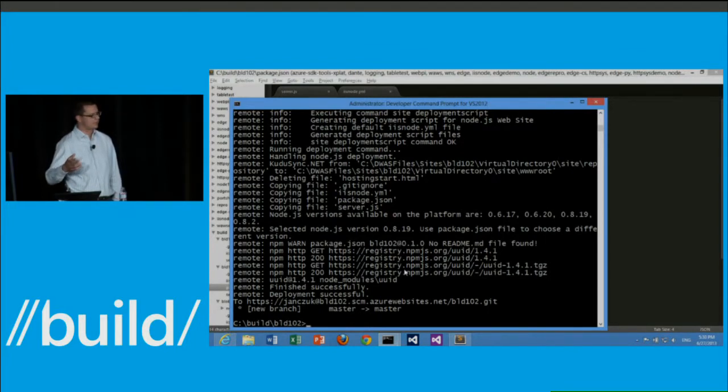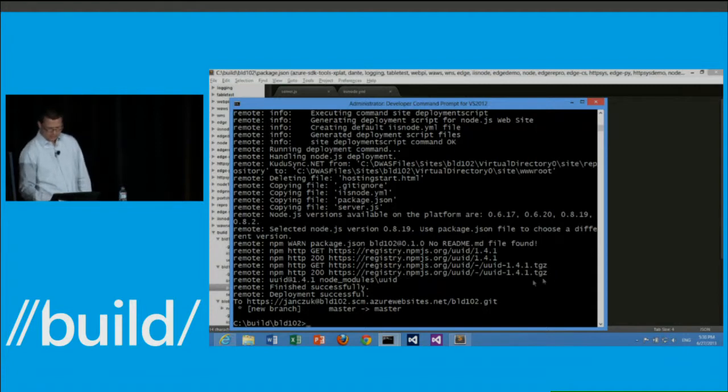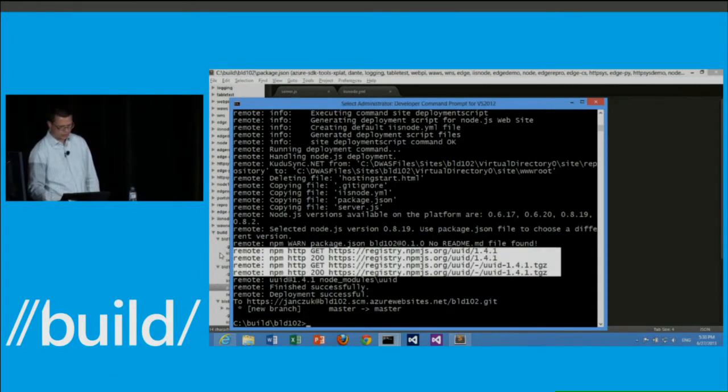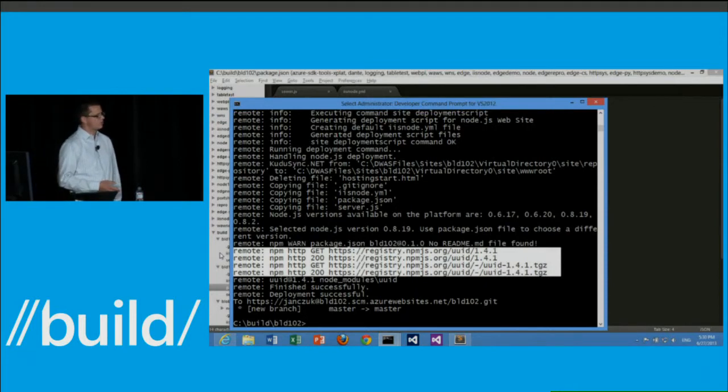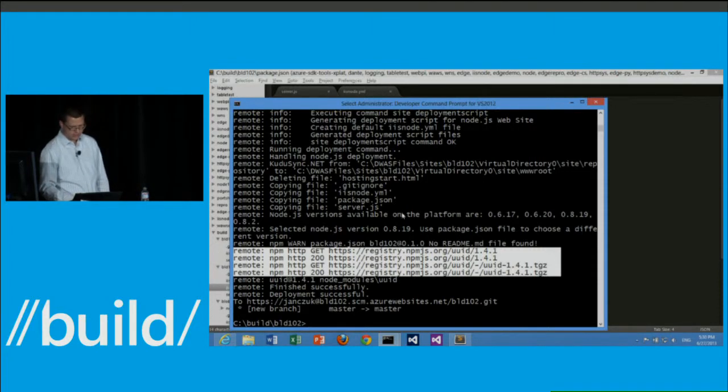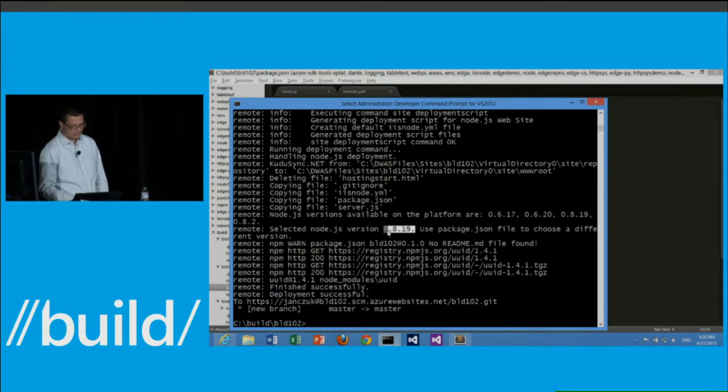That means that any modules your application depends on will be automatically fetched from the npm repository and installed on the server. So this is what happened right here. The UUID module was installed on the remote server. In addition, Windows Azure also inspected the constraints you have expressed in the package.json file on the version of the Node.js runtime. And based on those constraints, has selected version 0.8.19, which is one of the Node.js versions pre-provisioned on the